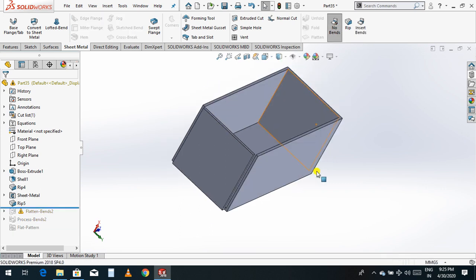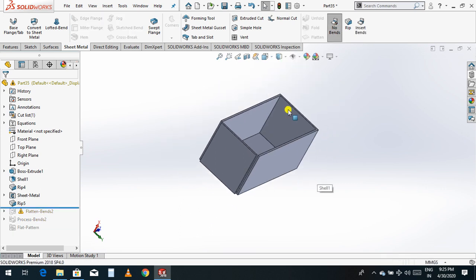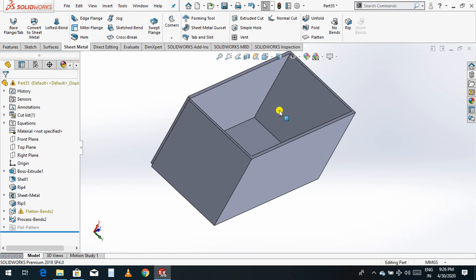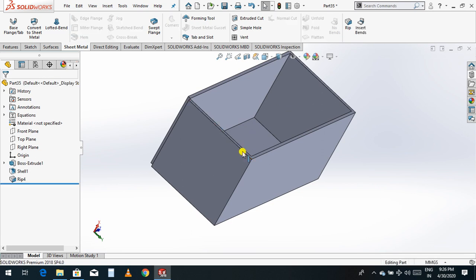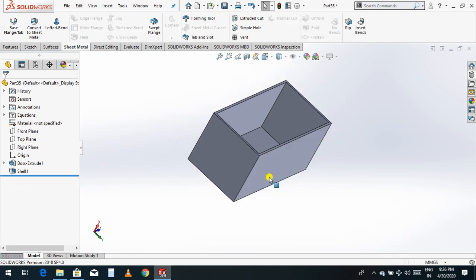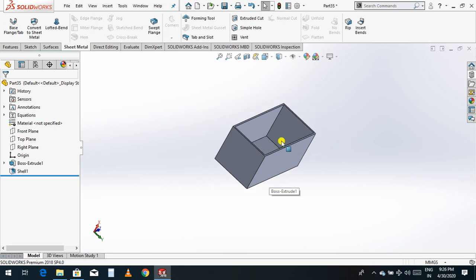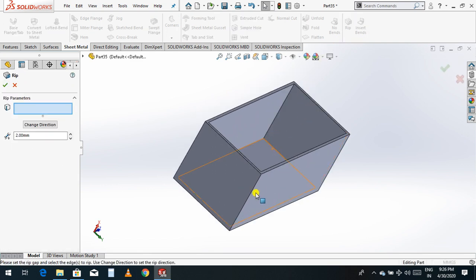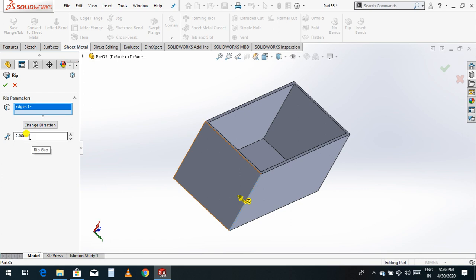See, I'll give you another example. Just go back, again go back. Okay, now see, this is the whole shell part. Now what you have to do is click the rip on one edge. Suppose I select this edge, and I'll give a corner distance of 2.